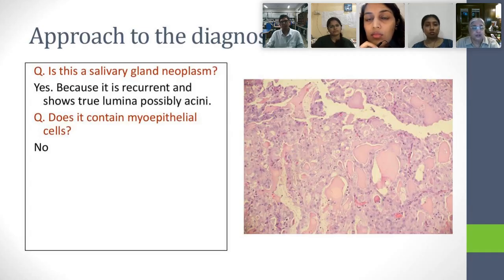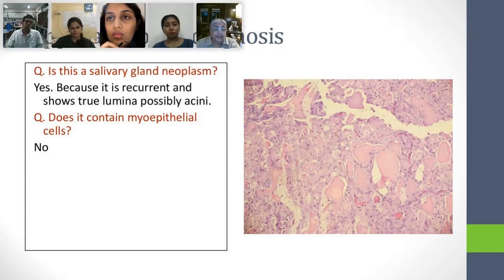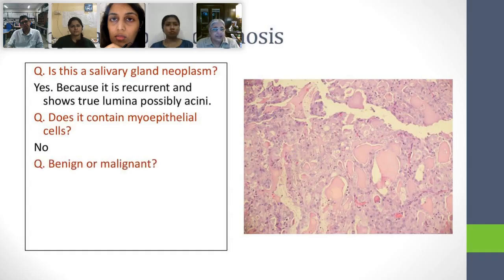You never saw anything that looked like a myoepithelial cell in this tumor. It's not spindly. There is multivesiculation, but there is no clearing. These are not clear cells. There were no hyaline cells. There was nothing that you would be able to look at and say, I think that is a myoepithelial cell. Next, now comes the question, is it benign or malignant? And how do you answer that question? You can either go and match pictures like you did, okay?